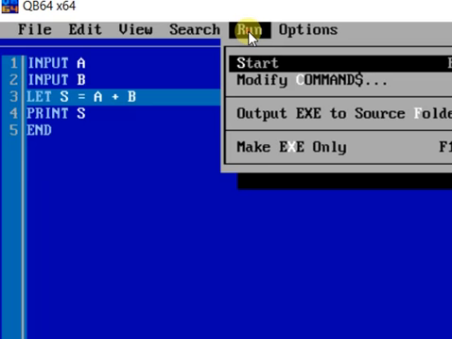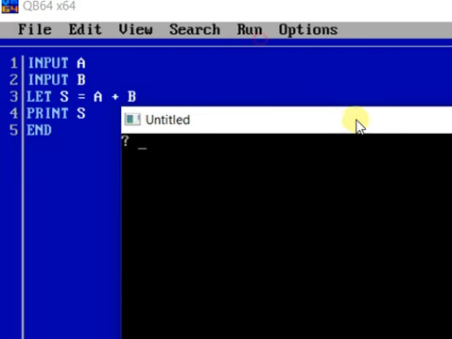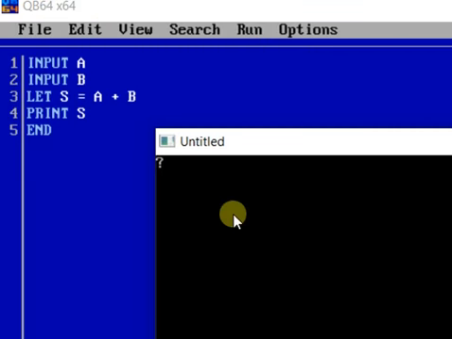Now you can see that if I run the program, it is not asking you what you have to input, only question mark. The user who is going to give the input, he will not be able to understand for what I am providing the value.